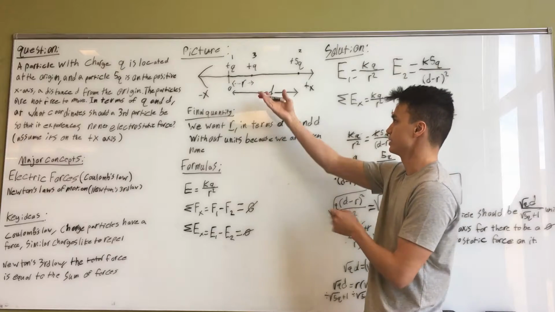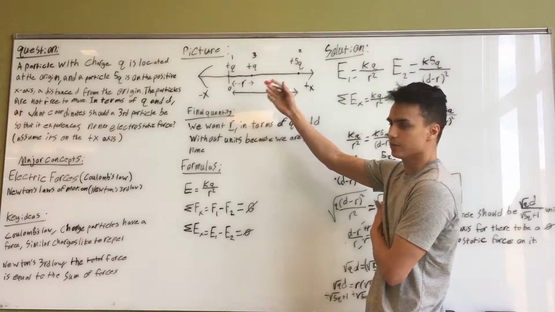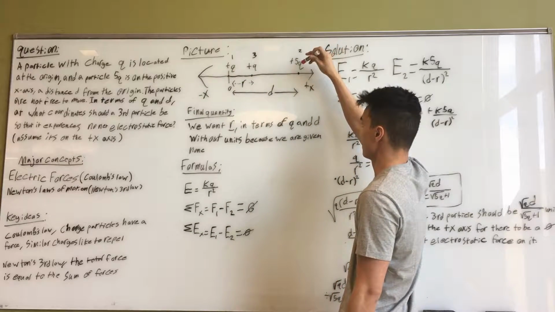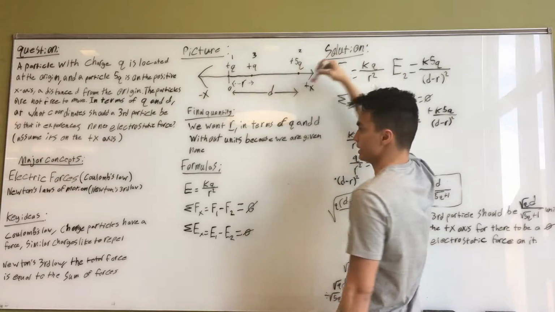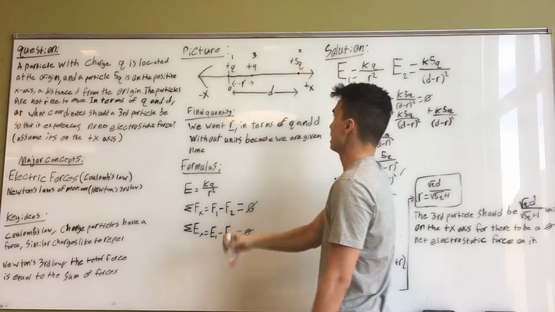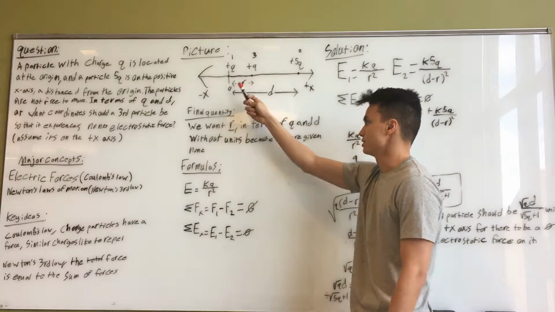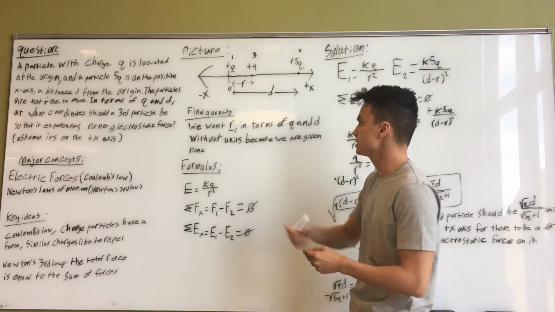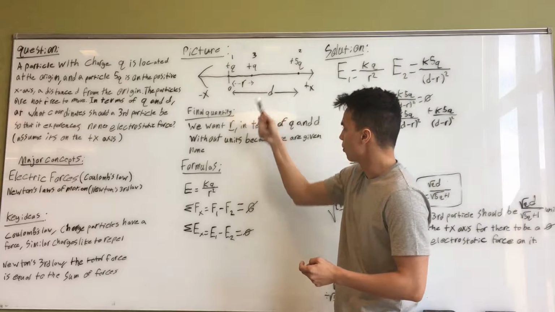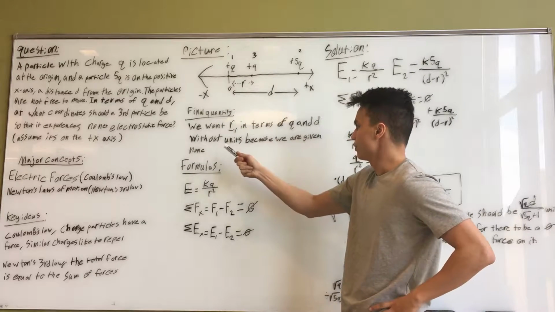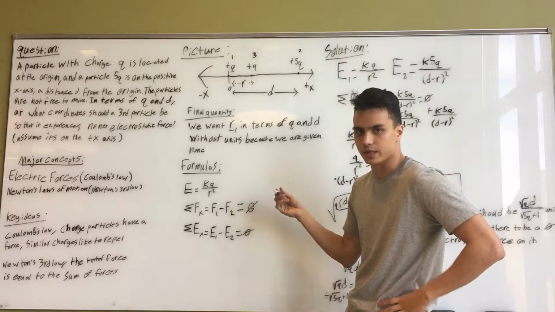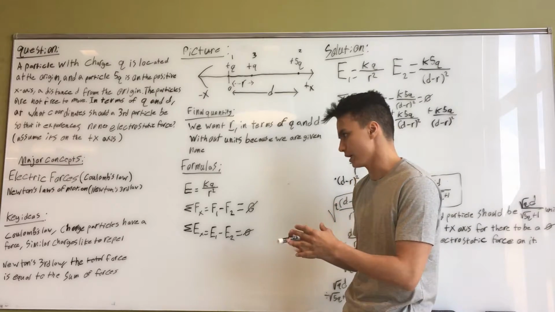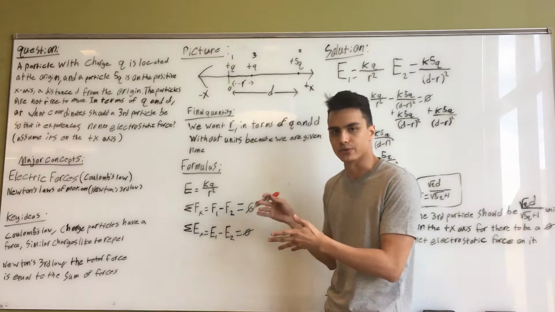So we have a picture here to show what this all looks like. We have positive q at the origin at 0. We have our second particle 5q somewhere on the x-axis, d distance away from the origin. Then we have our third particle, positive q, which is r distance away from the origin. So the final quantity we want is this r distance away from the origin in terms of q and d. This is without units, of course, because we are not given any, so we can't know if it's meters, picometers, or anything else. So we're just going to leave it in terms of q and d.